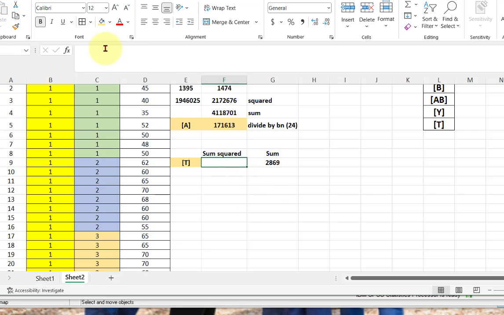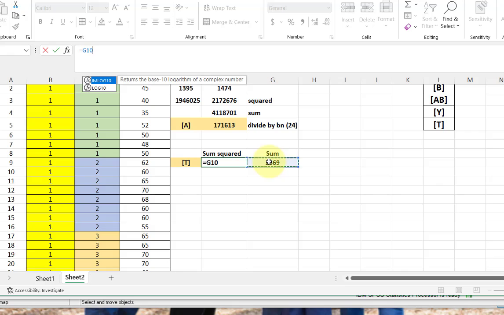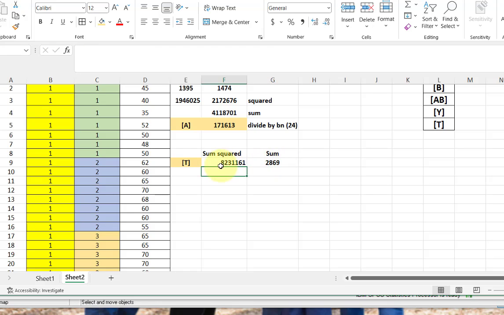So I'm going to go there. I'm going to go to the magic box at equals. And I'm going to say, take that number, shift 6, 2, and square it. Boom. There's my squared number. And then finally, I got to divide it by